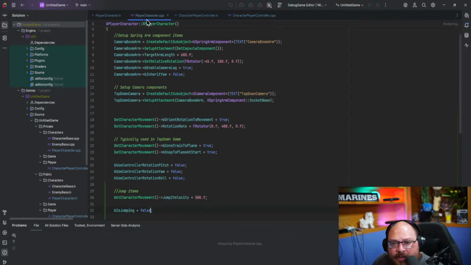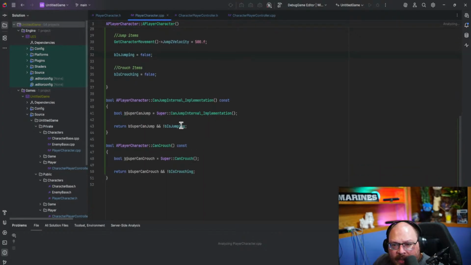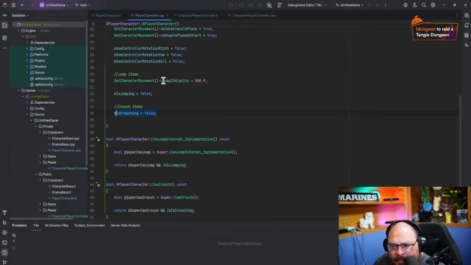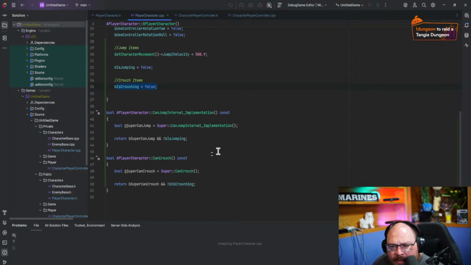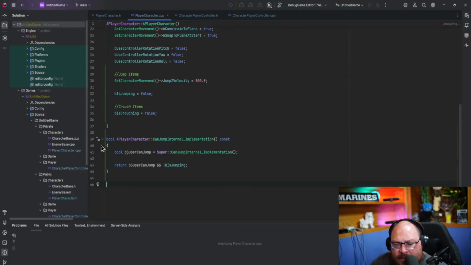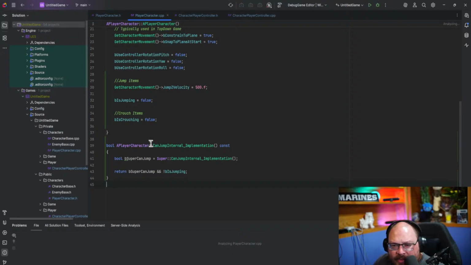So we need to create an animation or do the animations. What we are working on is a boolean for is jumping. So if you're in the air, if you know you are jumping, and then I was going to do one for crouch to check if you're crouching. So let me delete this. And then we did this because we were trying to get the